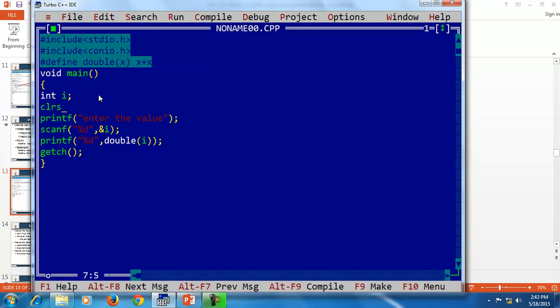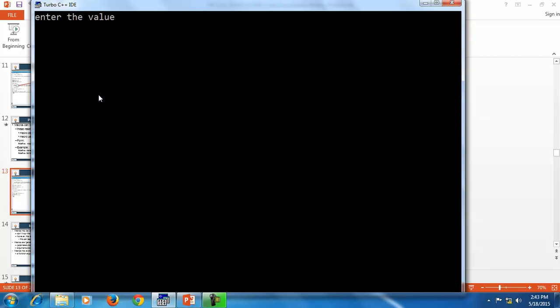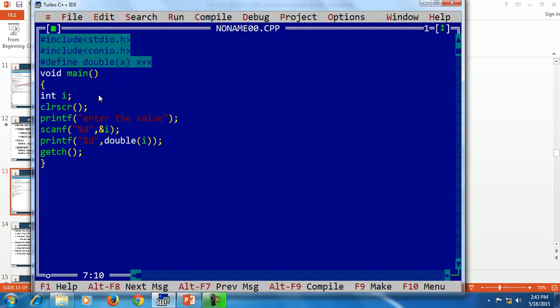For the clear screen, I am using clear screen here. So if I enter 20, it shows me the output 40. Similarly, we can create a macro to square the value of x. For this, I can write like this.